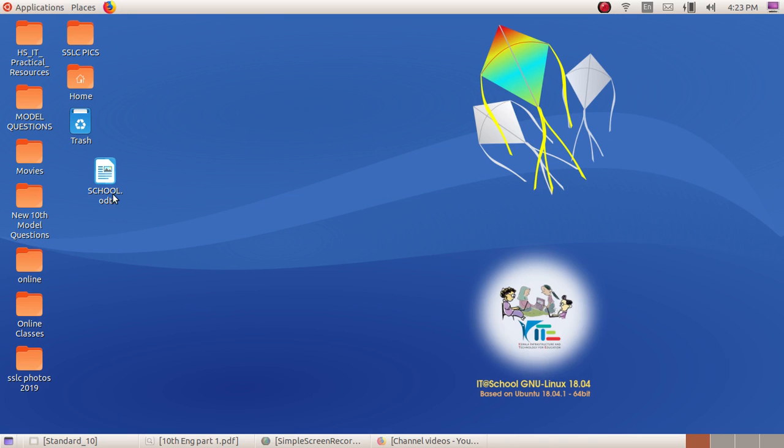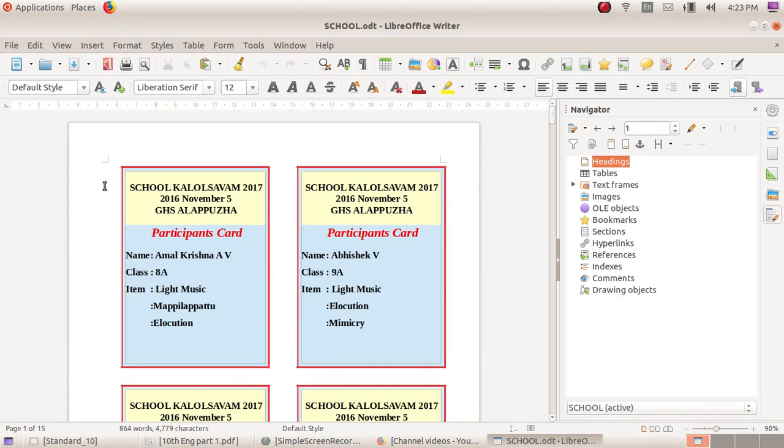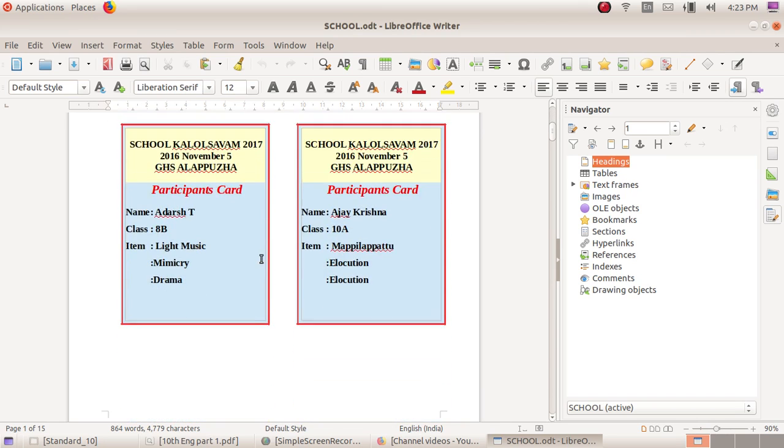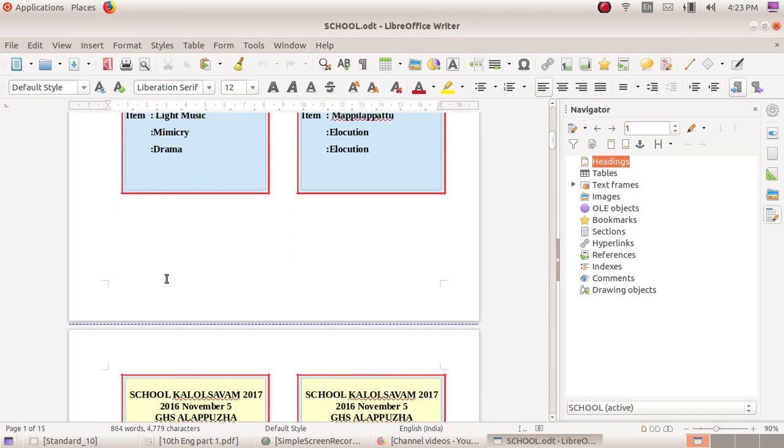You can see a school.odt file on your desktop. Double click on it and you can see the names of students, their items and class, like Amal Krishna AV, Abhishek V, 9th A, Light Music, Mimicry, Drama.